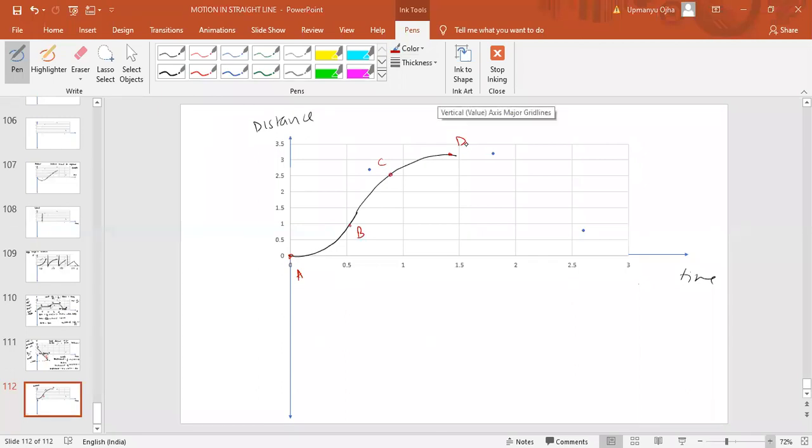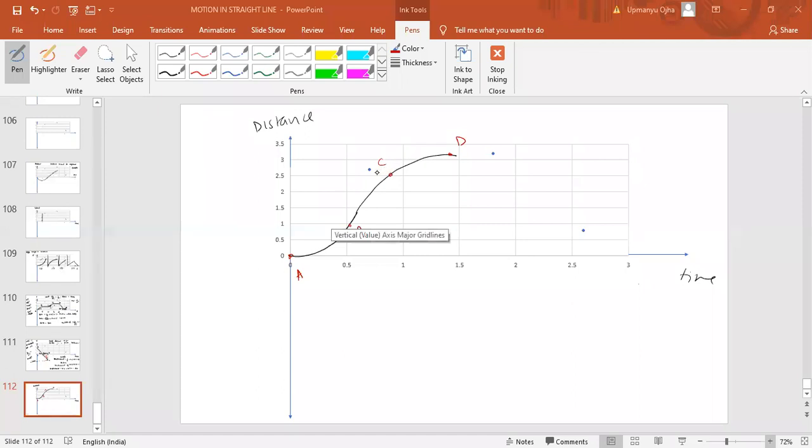Which point will represent the maximum instantaneous velocity? A, B, C, or D? C. Answer is C. Because